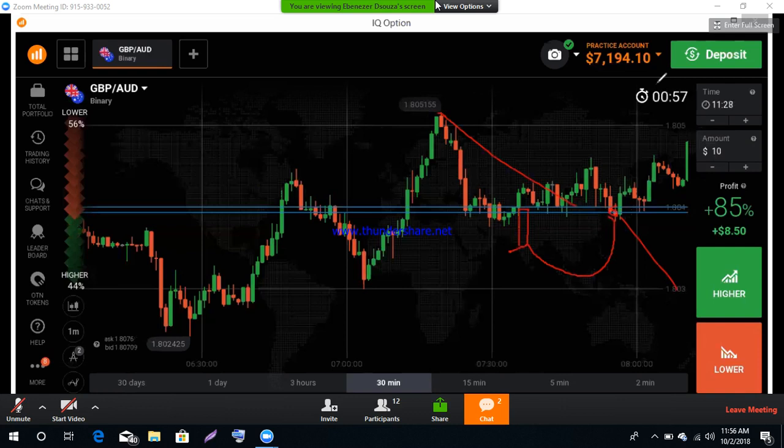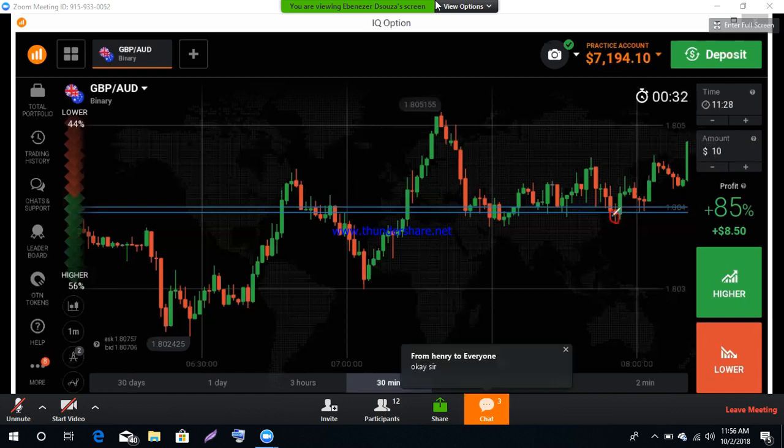Most of the time it will reverse even if it's strong, because that is very strong. This is a very strong level. Most of the time it will reverse, but sometimes it may break the level. You can see it reversed at the same level. This is a very strong level. It reversed, but you can see here it didn't reverse here. So most of the time it will reverse, but sometimes it may not reverse from this level.